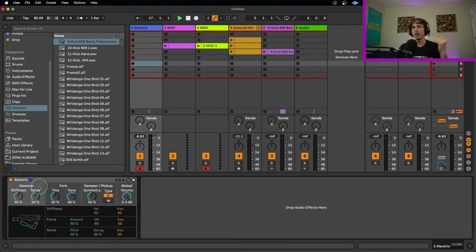So before, early in the stream, we talked about the hammer, we talked about the fork, and now we're talking about the damper, which I'm going to turn down. And then the pickup. So the pickup is basically going to be,